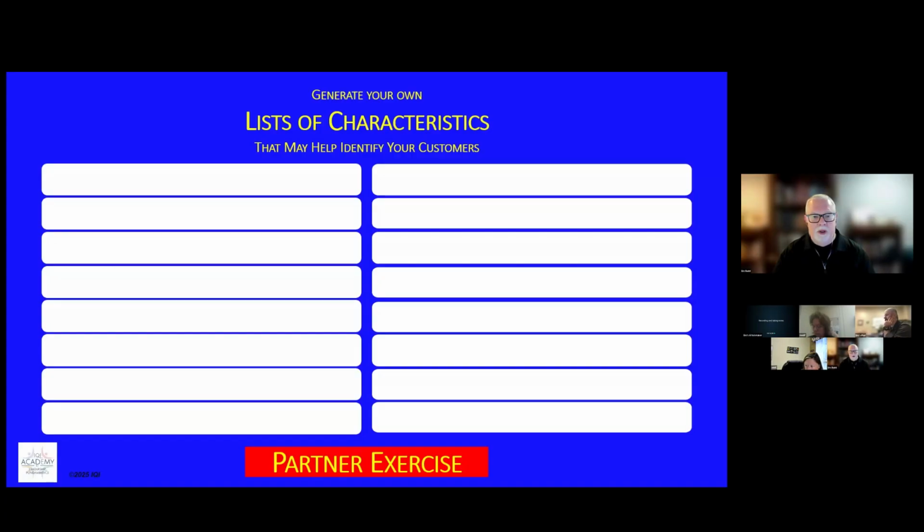So we're going to look at this. I'm going to assign breakout rooms. Let's just do 7 minutes for this conversation and make as many lists of characteristics as you can. We saw some as examples. You can copy those on your list, but come up with additional ones that seem to make sense for you. All right, here we go.